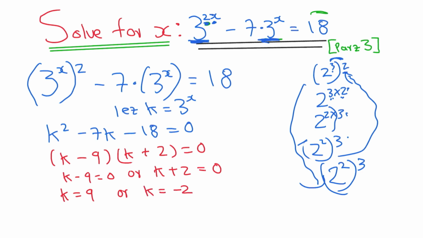But guys, now remember, they did not want us to solve for k. On the question, they said solve for x, right? Solve for x, guys, solve for x. So which means I have to substitute back my k with 3 to the exponent x. So I'll just say 3 to the exponent x is equal to 9, or 3 to the exponent x is